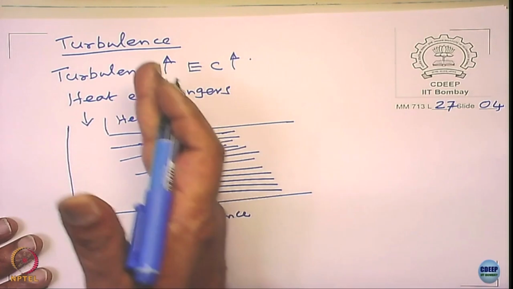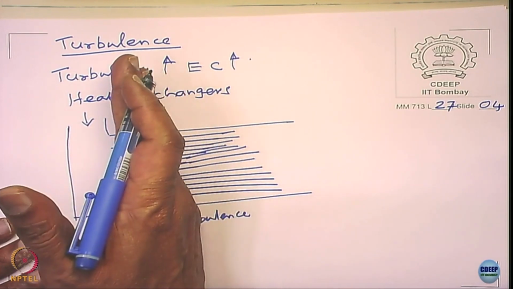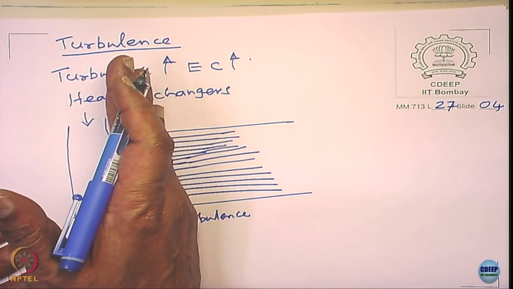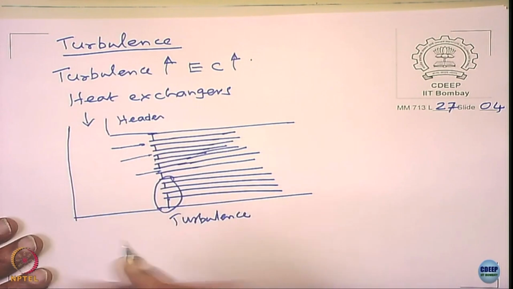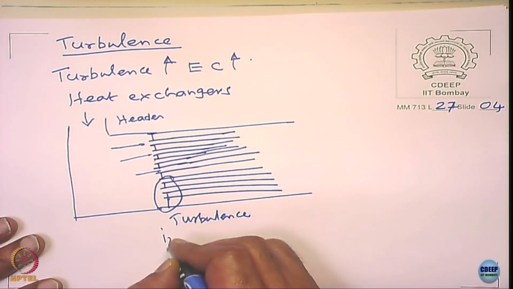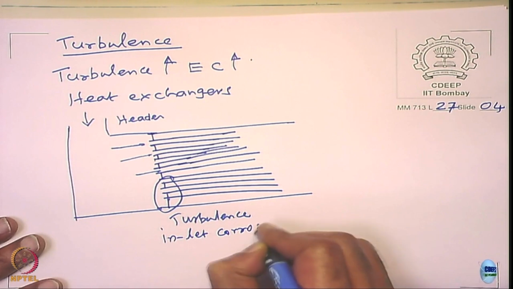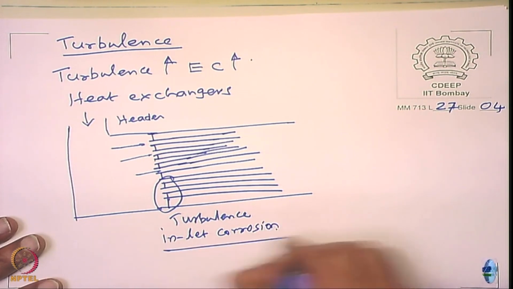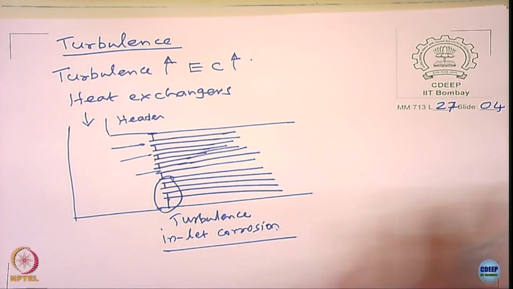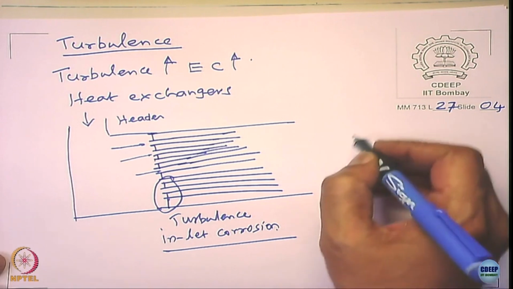So the maximum damage in the heat exchanger occurs at the inlet, right. So that is why it is called inlet corrosion. Now how do you really avoid this? One way people avoid it is they go for inserts,